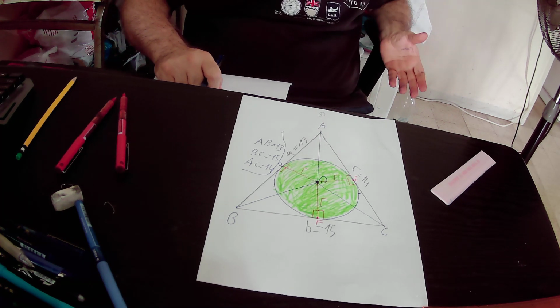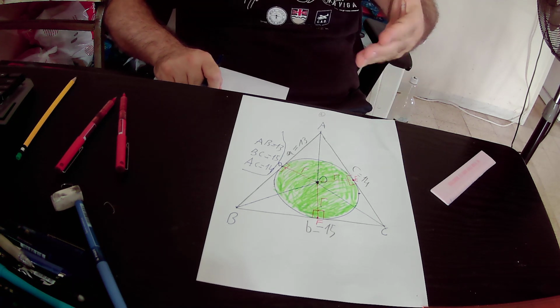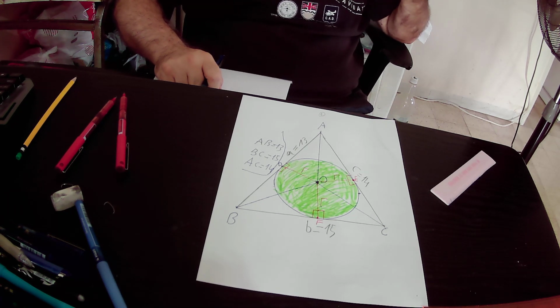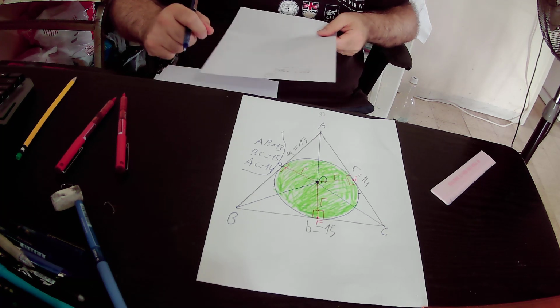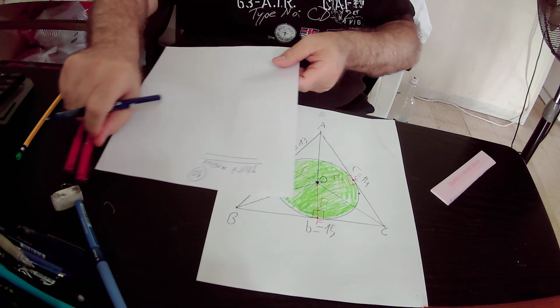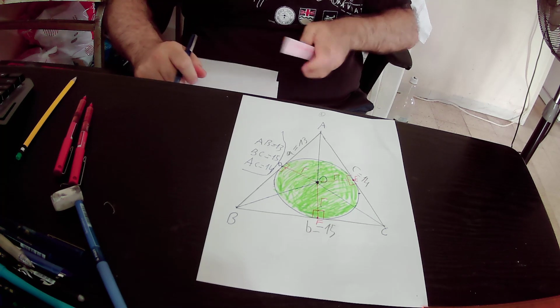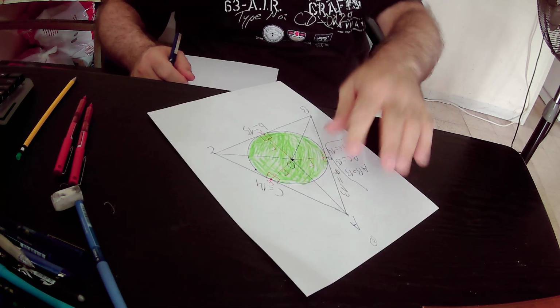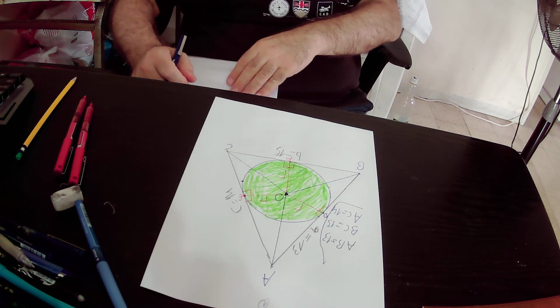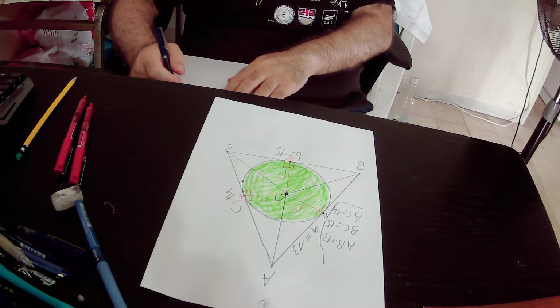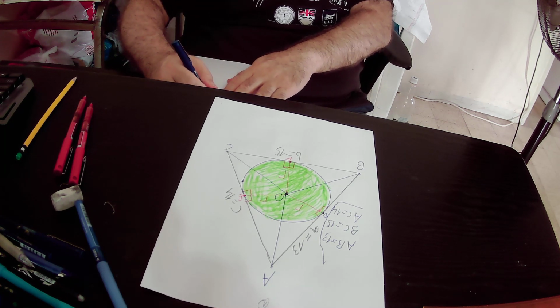So the area of triangle ABC will be the base that is 14 times the height that is 12 over 2. 12 over 2 is 6, and 6 times 14 will be equal to 84 square units. So we'll do now all the process step by step, and we actually have this triangle ABC that we can divide into two right triangles. First right triangle, the first right triangle will be